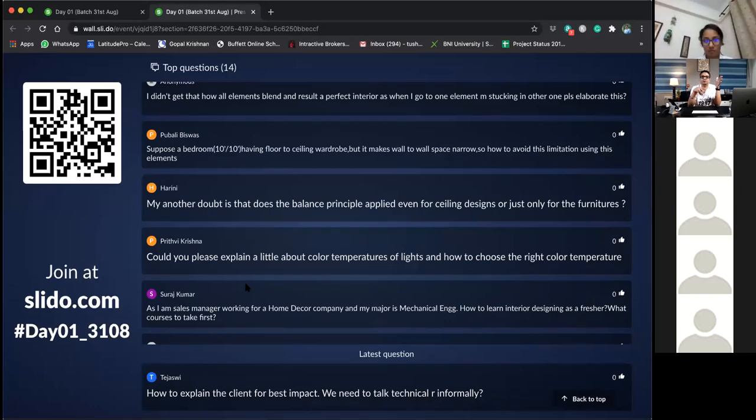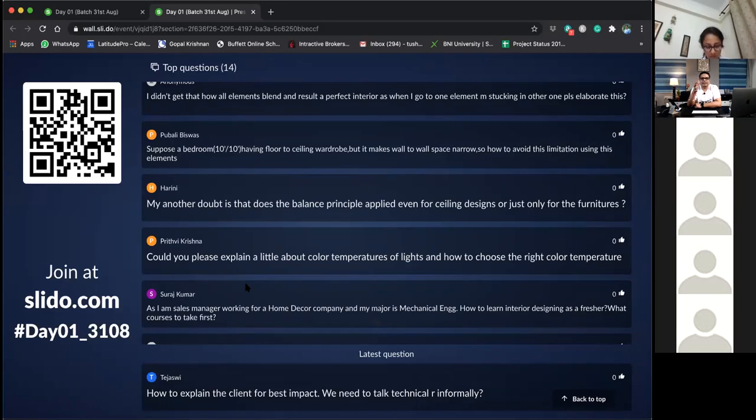Now what happens when you use 2800 Kelvin? 2800 Kelvin is the yellowest color that you get, and 6500 Kelvin is the whitest color that you get. When I say white color, in the earlier days we used to get a tube light. Tube lights now come in multiple colors, and even in a color-changing format. But the regular tube light we used to get in the olden days was white, and a lot of offices use these white lights. That is a very pure white light, at 6500.